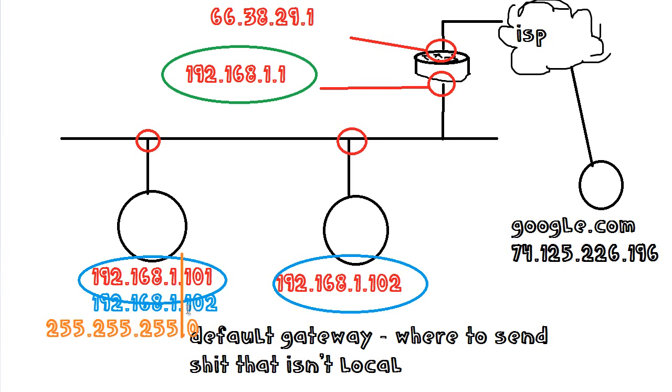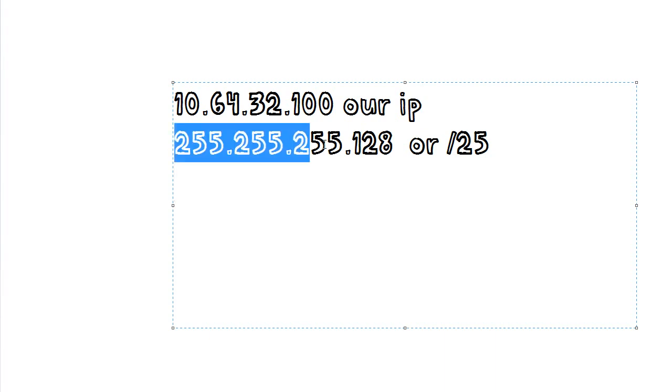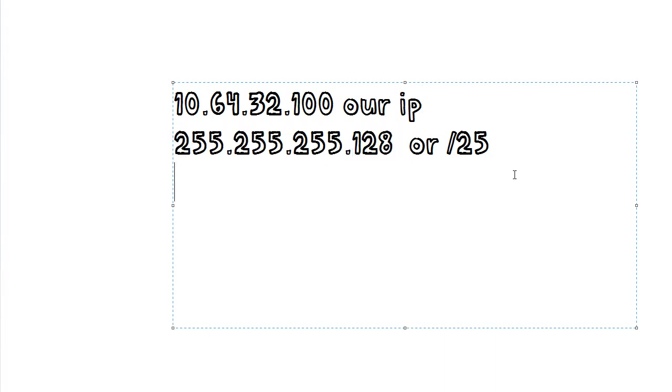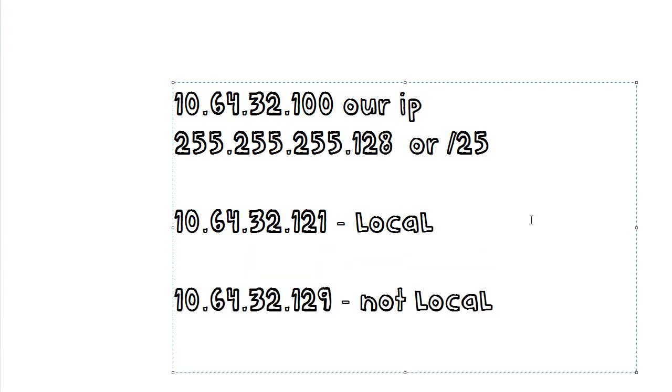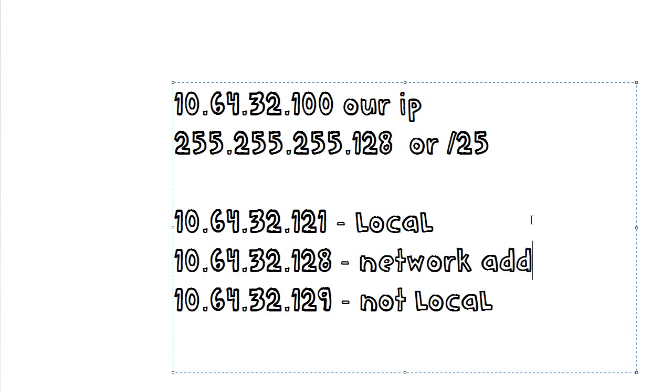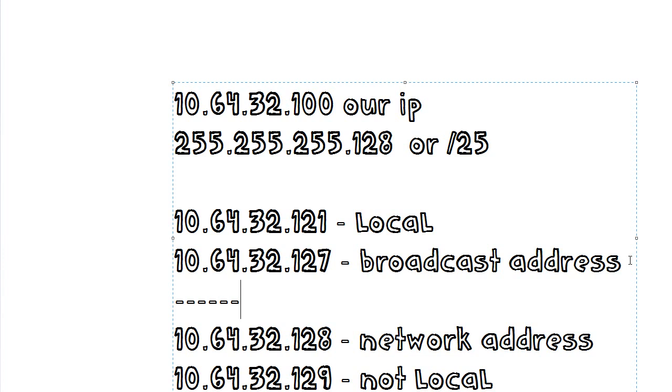This doesn't always line up perfectly on the dot, and generally you wind up having to do some binary arithmetic to figure out how far in the number goes. For example, say our IP is 10.64.32.100, and we're on a /25 network, which means the first 25 bits are 1s, which are literally the first 3 octets, and then the highest bit of the 4th octet. If we try to send to these 2 addresses, you would find that this one is local, and this one is not local. The reason being is that the line, in this case, would be 10.64.32.128 would be the first, or network address of the next subnet, while 10.64.32.127 is the broadcast address of the previous subnet, and the line draws in between them.